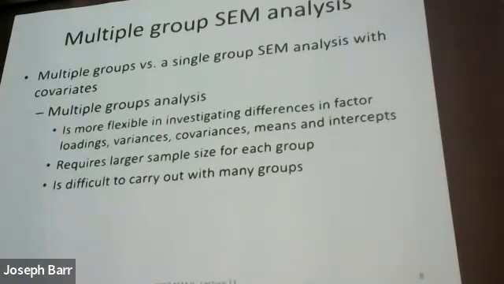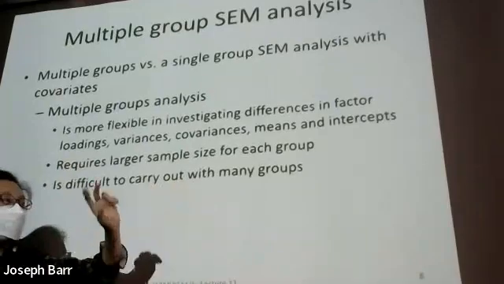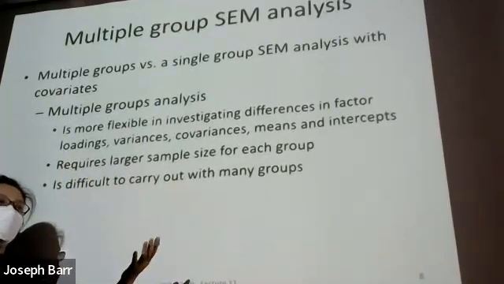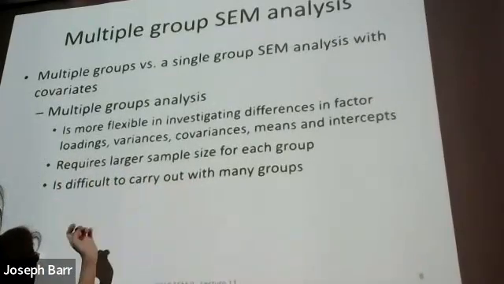And it requires a larger sample size for each group. Okay, so yeah, this is true. If you have multiple group analysis, that means you have to increase your sample size. You have multiple groups, so you have to make sure there's enough sample size for each group. Okay, that's maybe the limitation. And it's not easy to carry out many groups. So if I say, okay, 2 groups, 3 groups, that's okay. But if you say, okay, I have 100 groups, that's not possible to just run the multiple group analysis, because